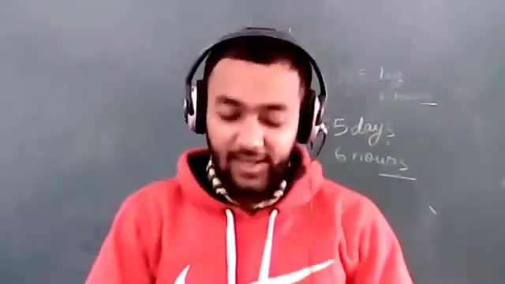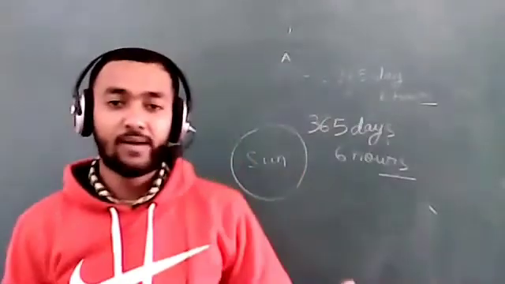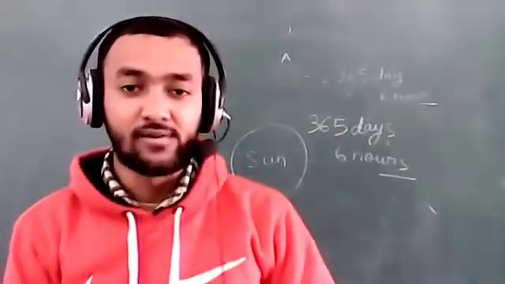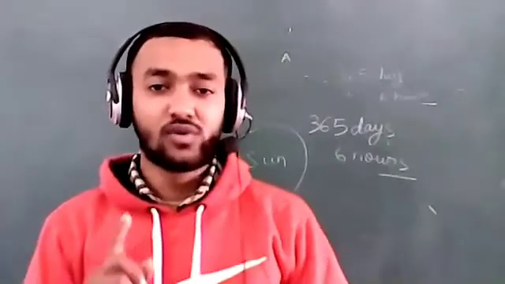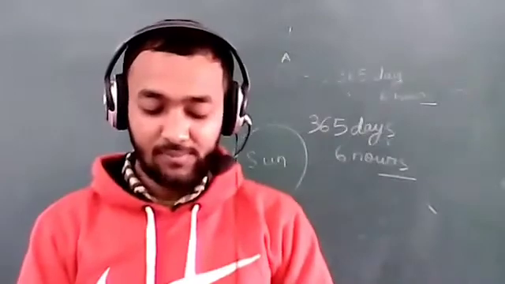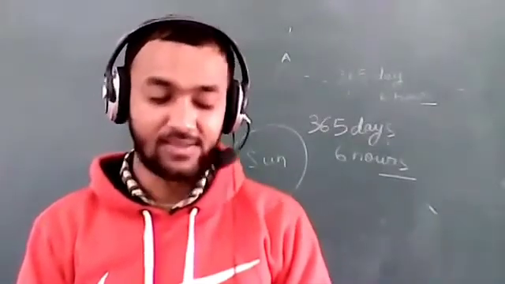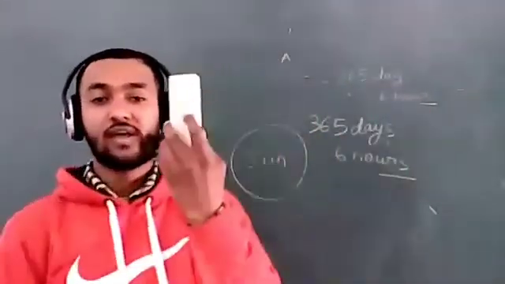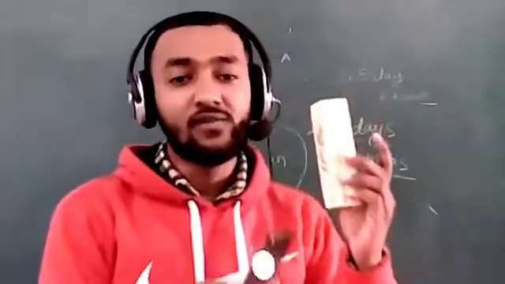Now, formation of day and night. As we have discussed just now, the Earth rotates from west to east. This point we have to remember: Earth rotates from west to east. Half of the face faces the sun and gets light from the sun, and has day. As we discussed a few moments ago, the face of the Earth which receives sunlight will have day, and the face which is not receiving the sunlight will have night.